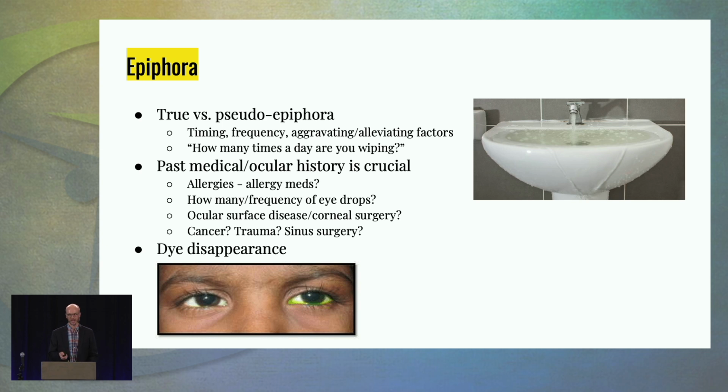Because a lot of things can cause tearing. It's rarely ever just a nasolacrimal duct obstruction or punctal stenosis. They've almost always got blepharitis or dry eye or all three. But I always ask them, how often are you wiping? Is it just once a day, once every other day, or 4 times every hour? And then a good history is really crucial here, especially think about things like cancer, breast cancer in your female patients, because certain breast cancer agents can cause scarring in the lacrimal system.